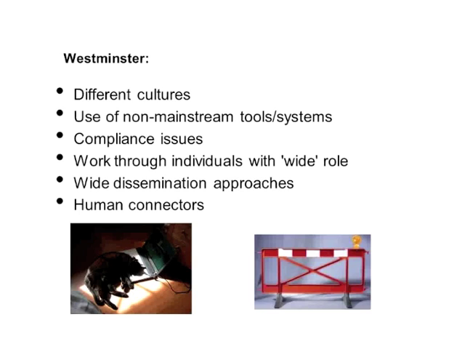I think in terms of enabling, working through individuals at institutions who have a wide role is often beneficial. So rather than approaching an institution through maybe a single academic contact, look for somebody in a learning and teaching development unit or who has some central role in supporting e-learning or online learning. And then the last 2 points I've got here are about dissemination, and how using as many dissemination approaches as you can is really important, because people are so busy these days.